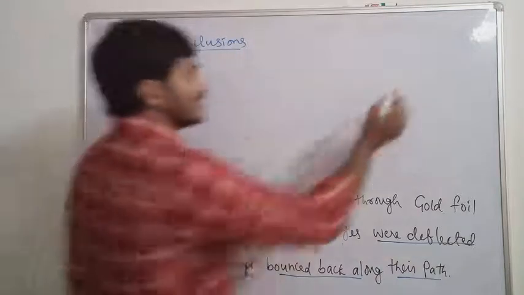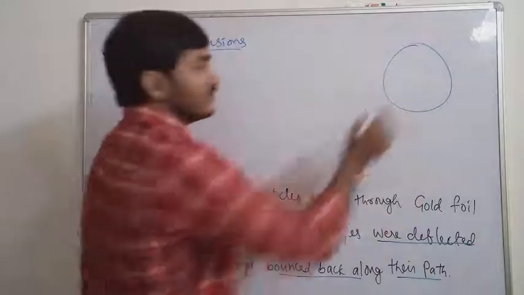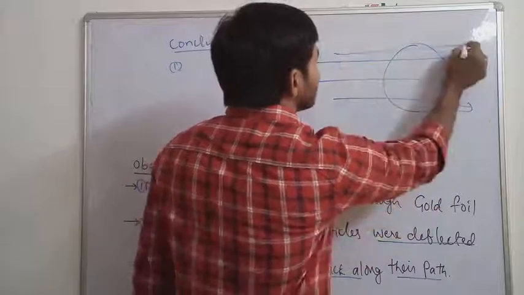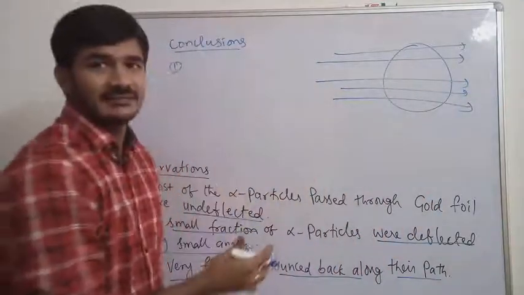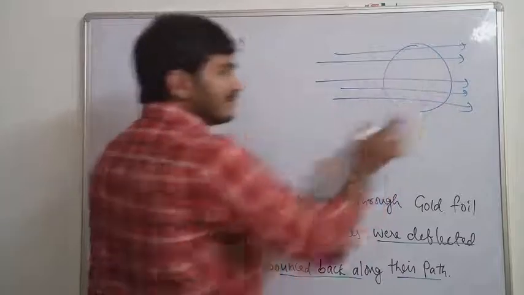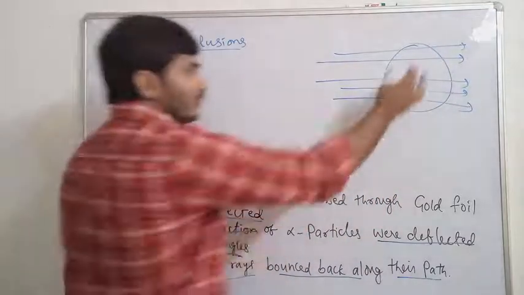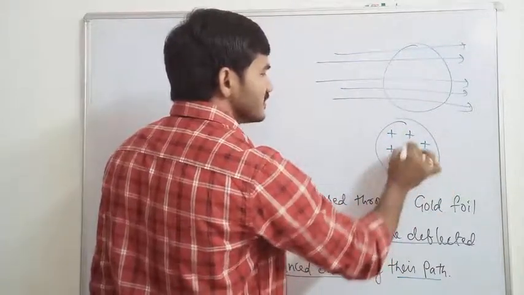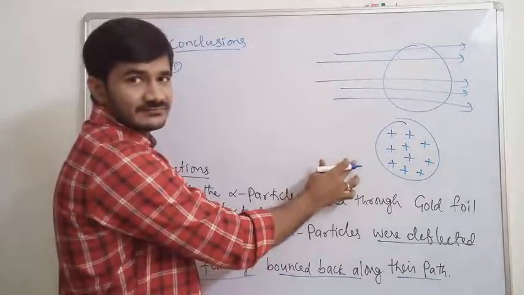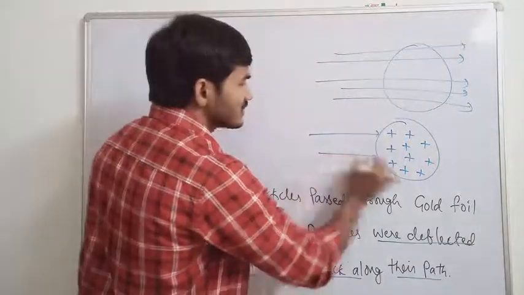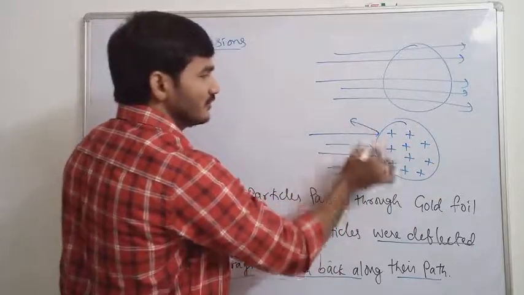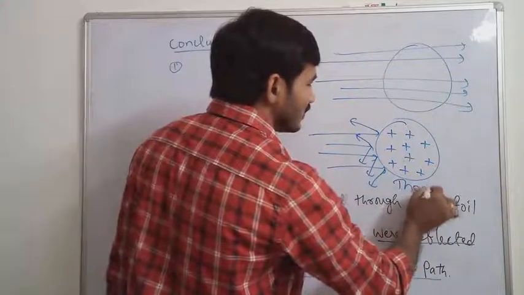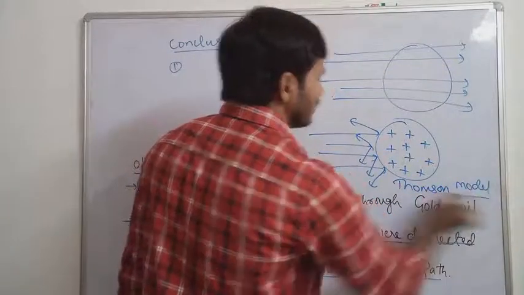Why are they not deflecting? So this is an atom. If I pass the alpha rays, all are passing through the foil, they are not deflecting. If they are not deflecting, what does that mean? The total space of an atom should be empty. The total space is empty, then only particles can pass through the foil. As Thomson said, if an atom is like this, particles should not pass through it. They have to deviate like this. Right? This is the Thomson model, but this is the Rutherford model.